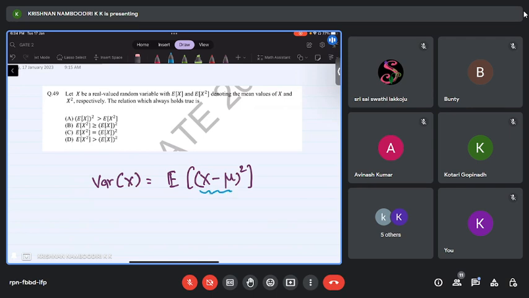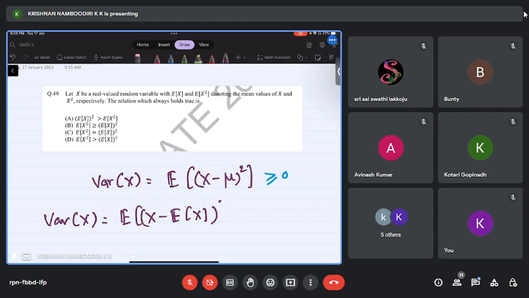Because (X minus mu) the whole square will make it always a positive or a non-negative number, correct? So expectation will also be a non-negative number, or in other words, variance of X is always greater than or equal to 0. So this is the idea that you need to use here, okay? And mu is nothing but expectation of X. So variance of X is equal to expectation of (X minus expectation of X)